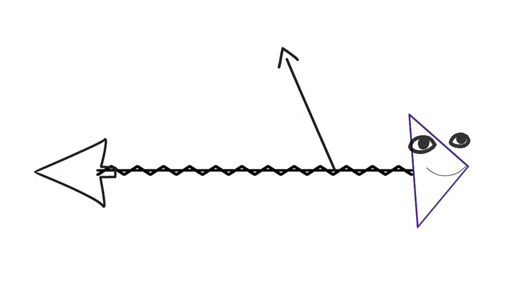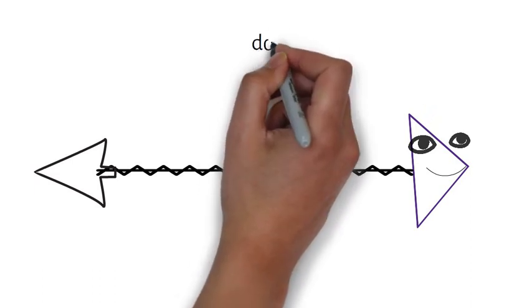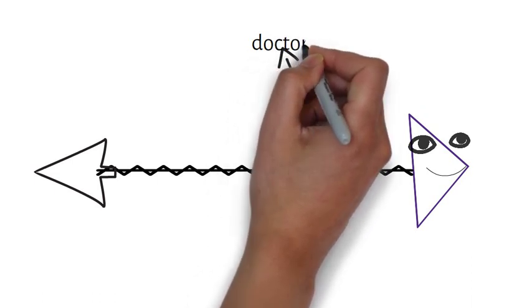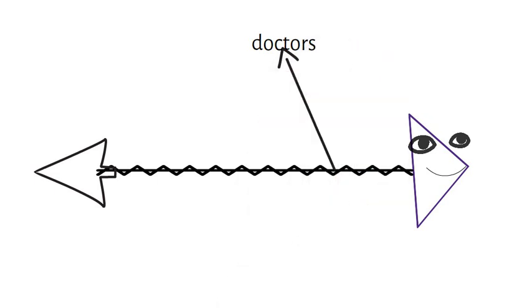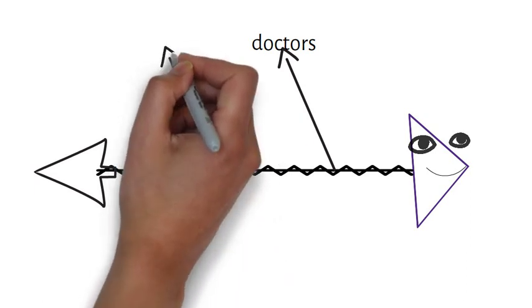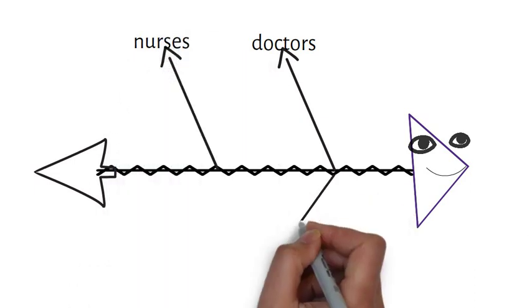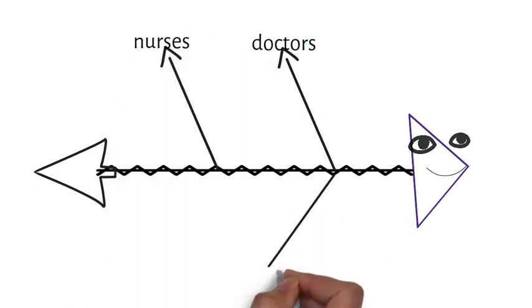The problem is identified and this is written down as the head of the fish. The problem here is an asphyxiated baby at birth. Behind the head, the bones of the fish are made to identify all the areas involved in the cause of the problem. For example, maybe the cause could be in the nursing, or it could be in the area of